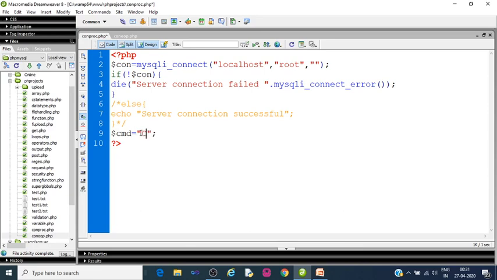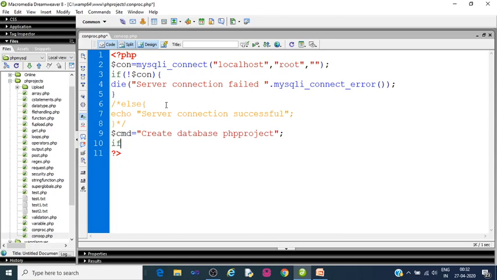Create database PHP project. We'll use the same name, PHP project, as my folder is. So PHP project, and then we'll execute this statement on this connection.